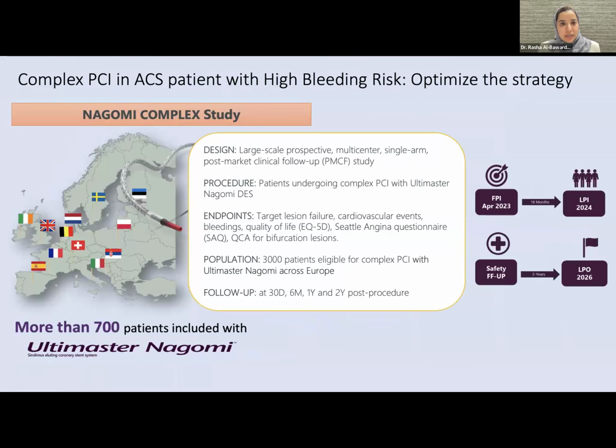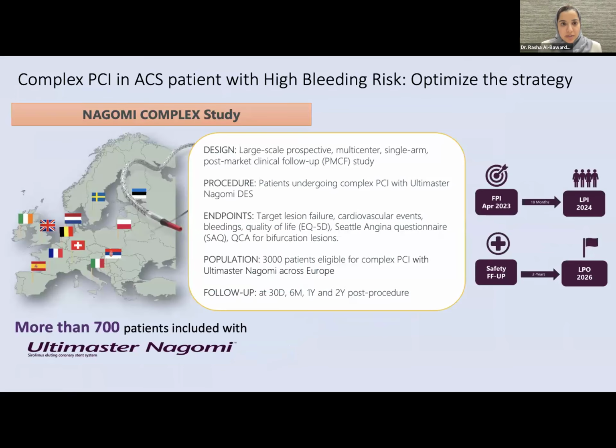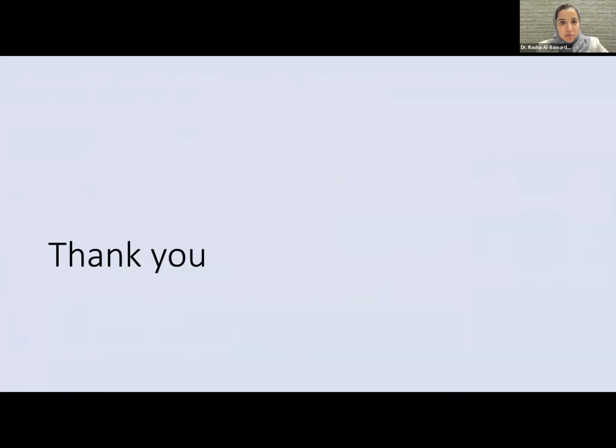There is an ongoing trial with a post-market clinical follow-up, which we will have more data on in 2026. There was actually one publication done at EuroPCR, which is an e-poster, and it showed favorable outcomes with these. But obviously, this is not a comparison to other stents, but I think in 2026, we'll have better 2-year outcomes with the Nagomi stent. So with that, we conclude the overview of the Altimaster Nagomi platform, as well as the data from previous Altimaster stents. So we can move on to the